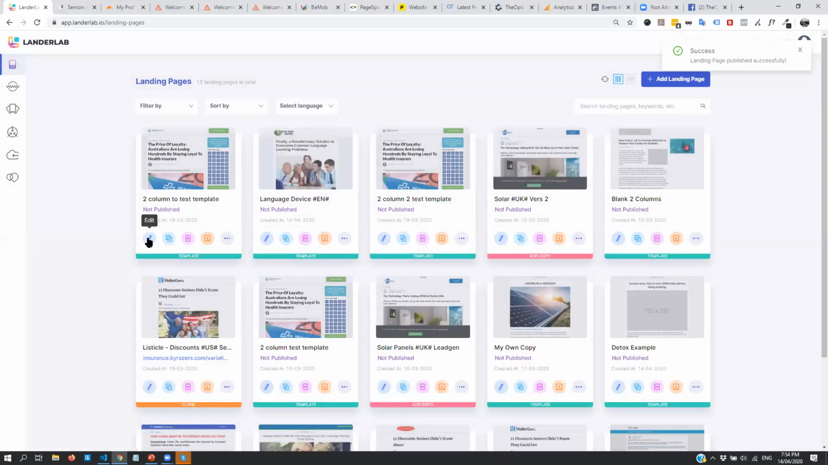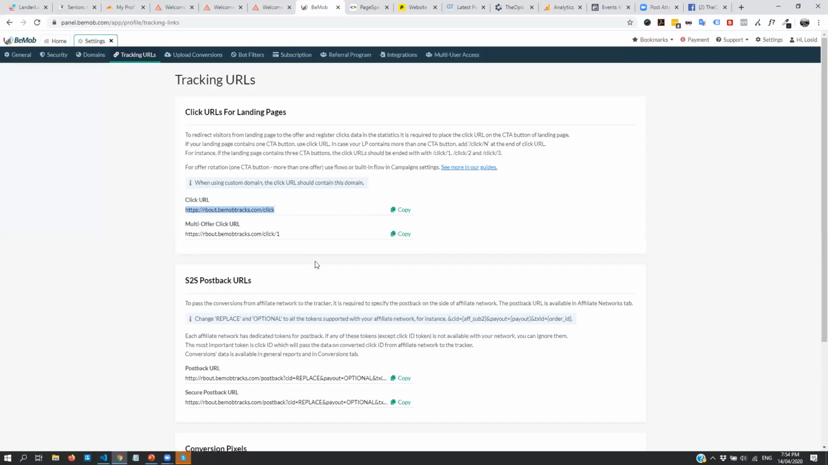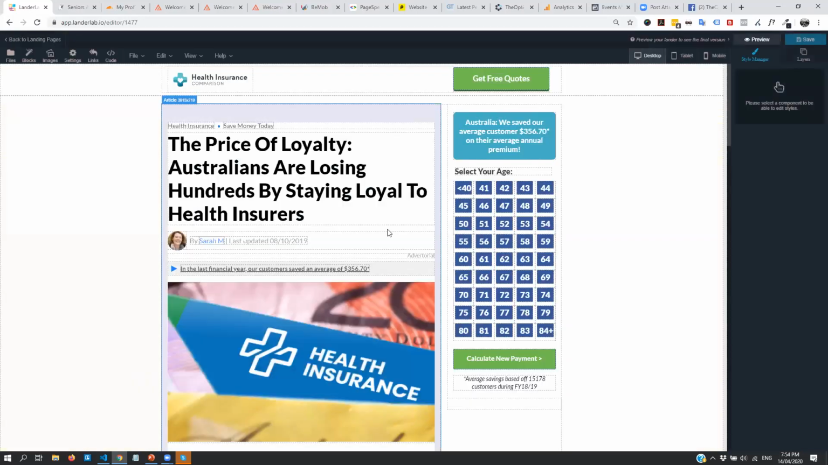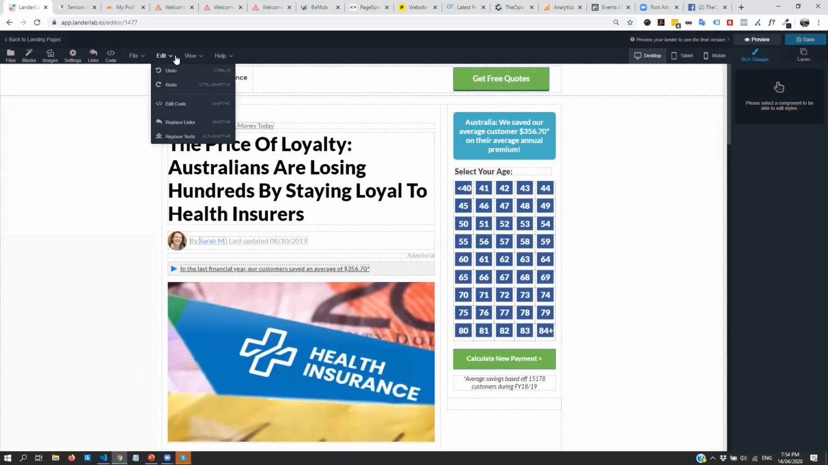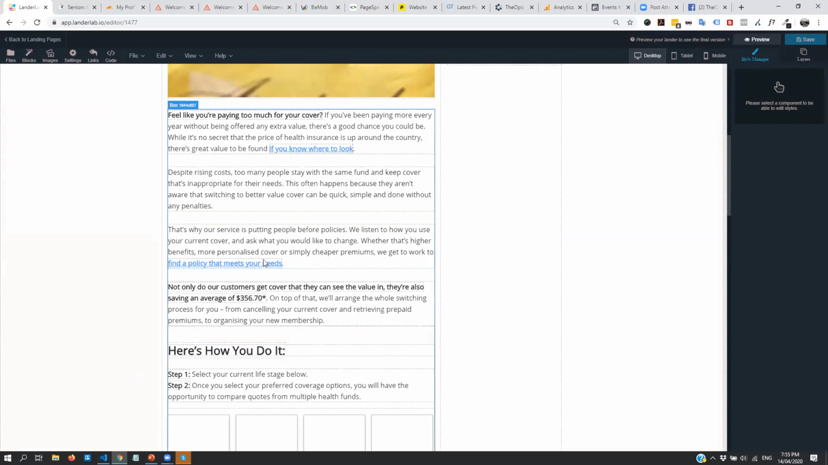Also, I will need to just go and edit the click links of my landing page to make sure that those are the ones that belong to my tracker. So I will just go once again in here, copy it, and get back to the landing page and change the links. Now, something quick that we can do in order to change the links and avoid changing them